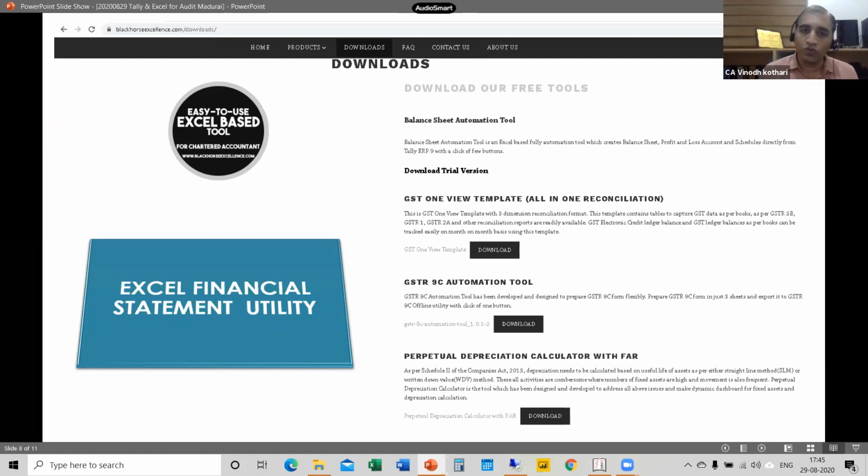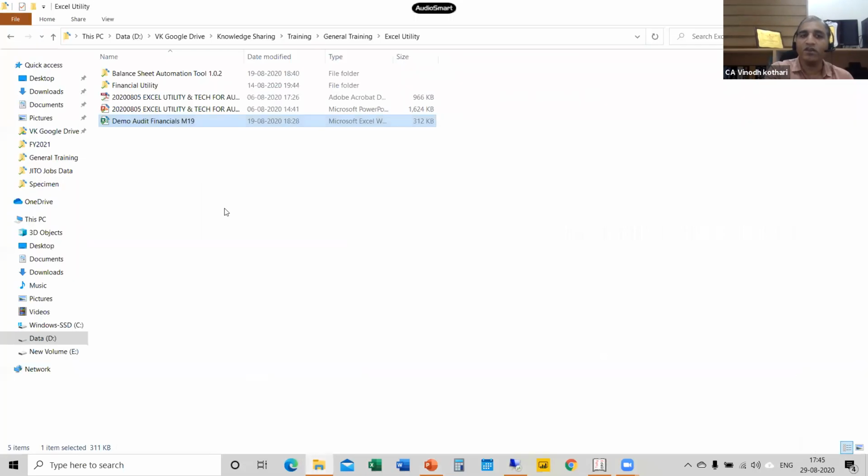So there is a utility available, that is Black Horse. There are many other companies available. Choice is yours. Whatever you feel comfortable, you can buy. Nowhere am I related to this person. Again, this is being prepared by a chartered accountant. Some few thousand rupees, some 4 or 5, I don't remember exactly. Some 6 months back I purchased it. So you spend a few thousand rupees, you get this utility. Now, the advantage of this utility is that your financial statement can be prepared easily.